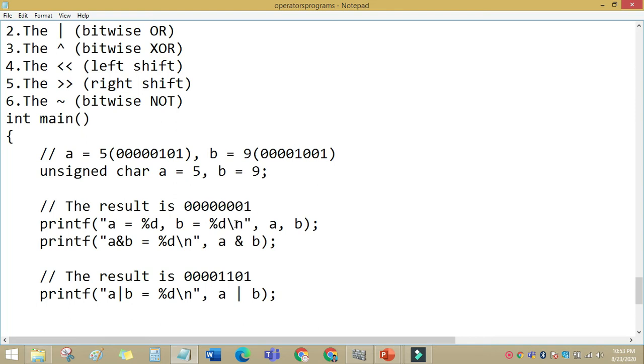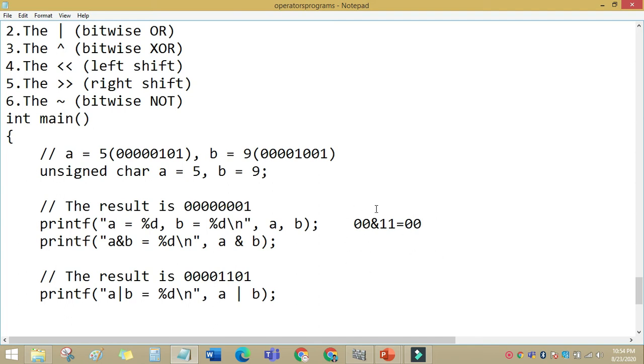AND operator means it performs the AND operation on each bit pair: 0 and 1 is 0, 1 and 1 is 1. That is the AND calculation method for binary values.